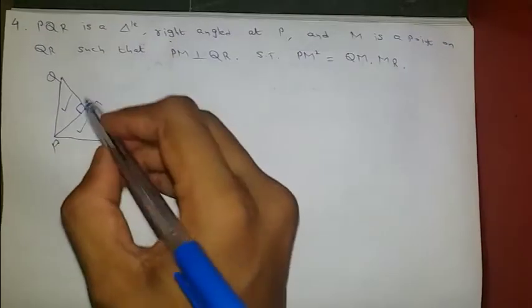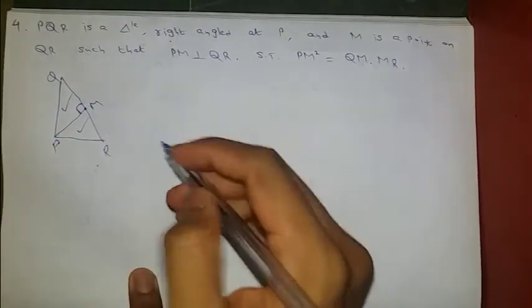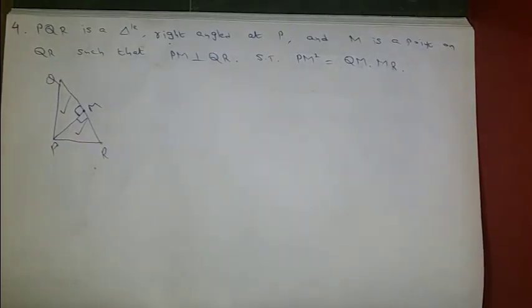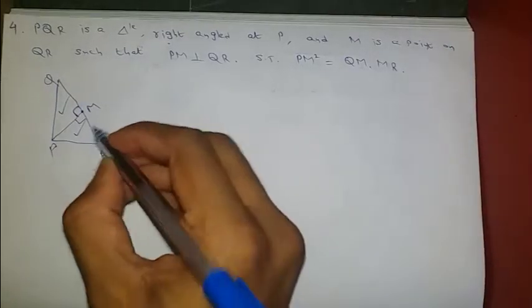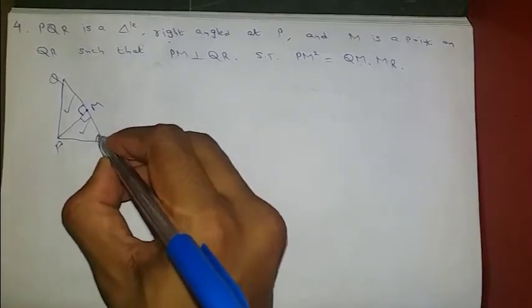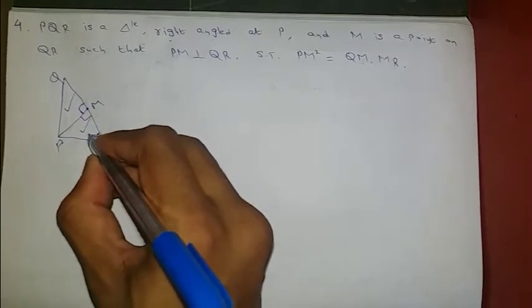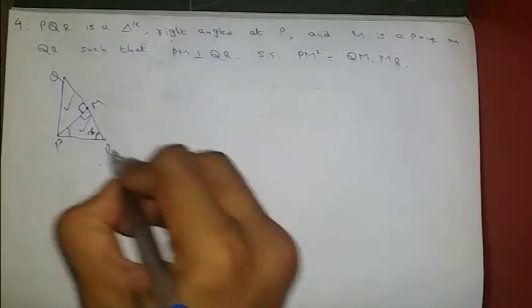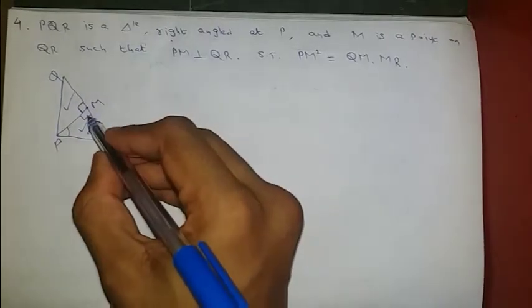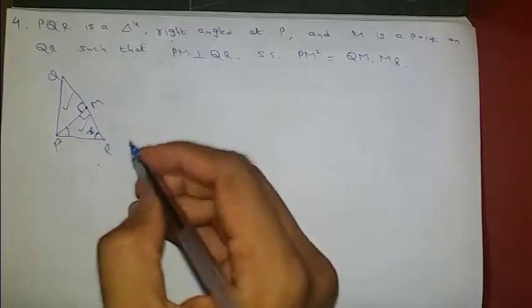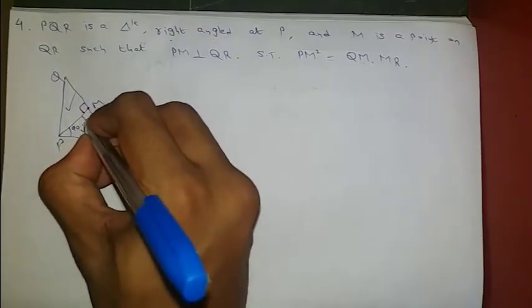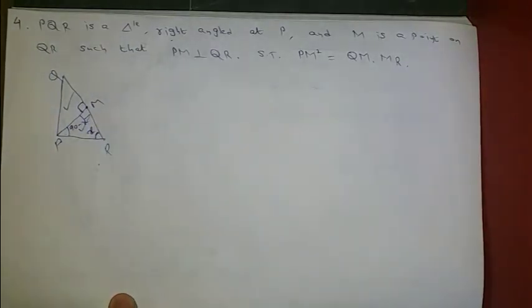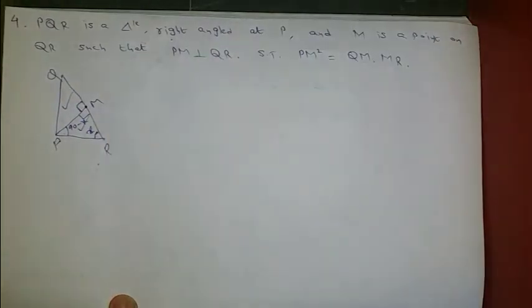The first thing: here if it is maintaining 90 degrees, so obviously here also it will be maintaining 90 degrees. So one angle we got same. Next thing, this R, I don't know what it is, so I am taking it as some constant x. Now what about this angle MPR? This is already 90, this is x, so this will become 90 minus x, because the sum of all the angles in a triangle is 180 degrees.